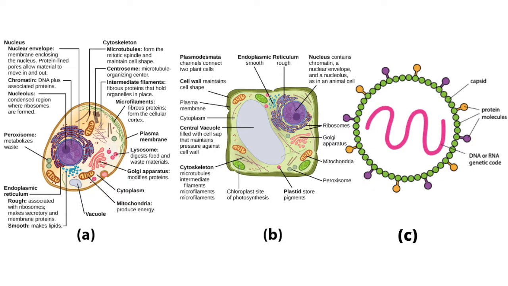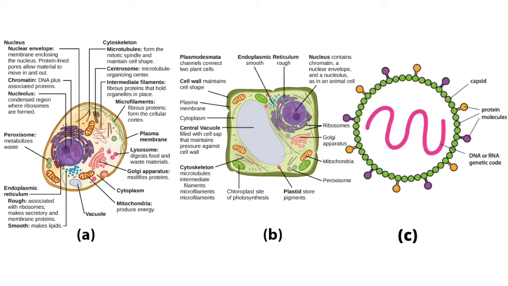Alright, so this image shows you the animal cell, plant cell, and the virus particle. So you may pause this video just to read up the functions of each element. To summarize this, the nucleus contains nuclear envelope, chromatin, and nucleolus, while the cytoskeleton has the microtubules, centrosome, intermediate filaments,